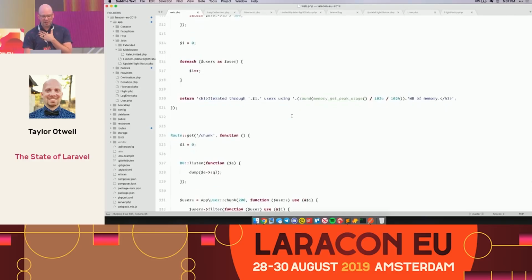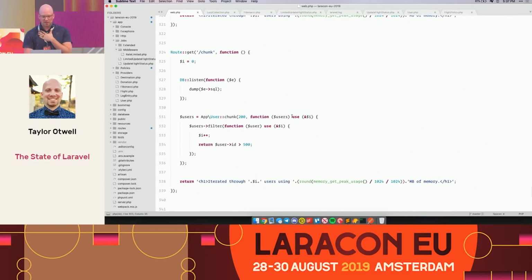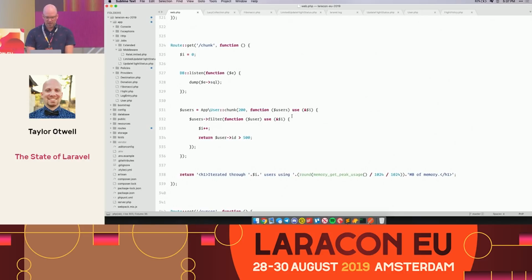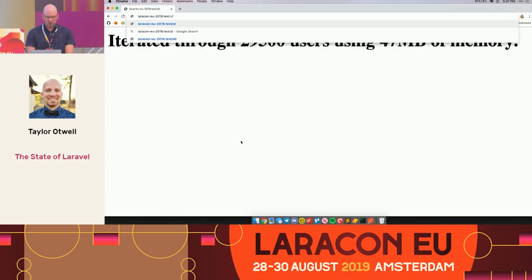Now, this isn't the smartest way to do it. On Laravel 5.8, you could probably use something like chunk. This chunks in queries of like 200 users at a time. That means your Laravel application doesn't have to hydrate 29,000 Eloquent models all at once in memory. It can only keep 200 at a time in memory, which is going to be way less memory. So let's run this chunk. Again, for each chunk, we're going to filter all the users with an ID greater than 500 and keep track of how many times we're iterating. So if I hit chunk here,